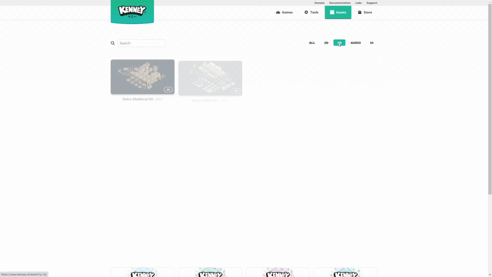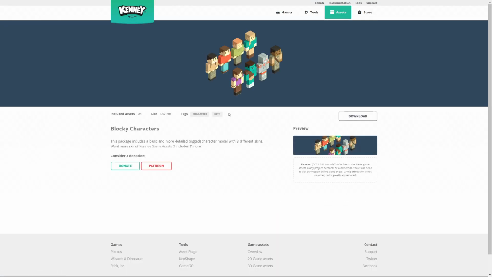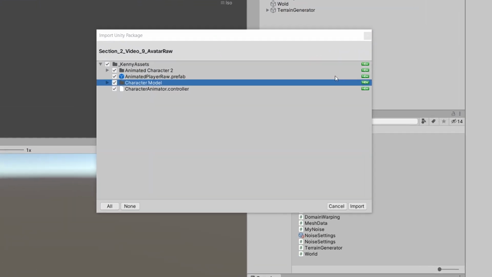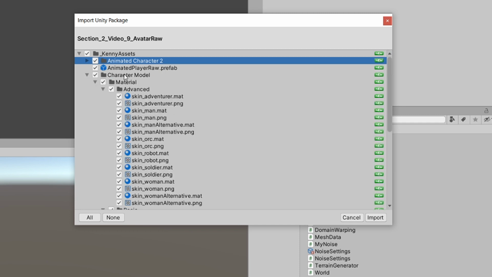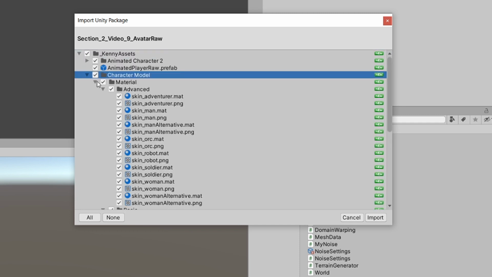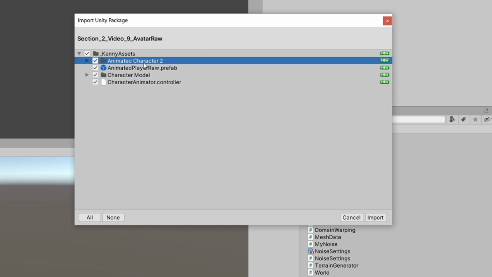There is also a cool asset called blocky characters, but I couldn't make it run using the animations. I couldn't import the animations. That's why we are using the previous one, but you can use this kind of character for the game as well. When you import the package into Unity, you will see the animated characters 2 that we will be using, as well as the blocky characters. You can try figuring out how to use those as well, but I have been using the animated characters 2,